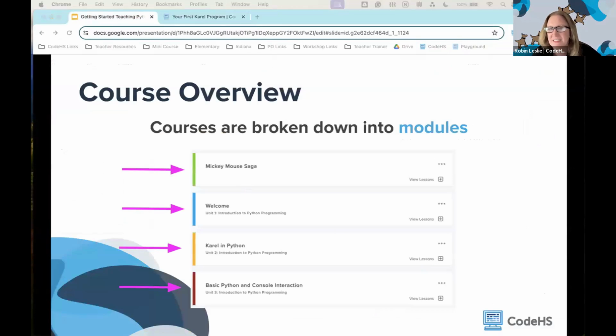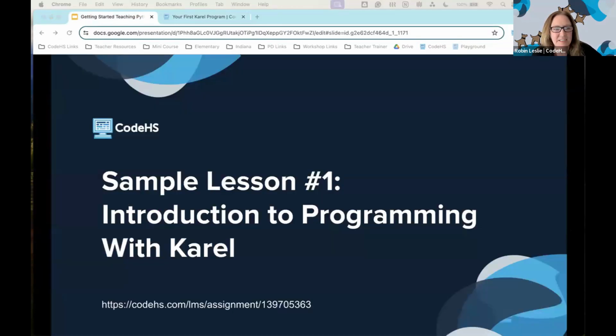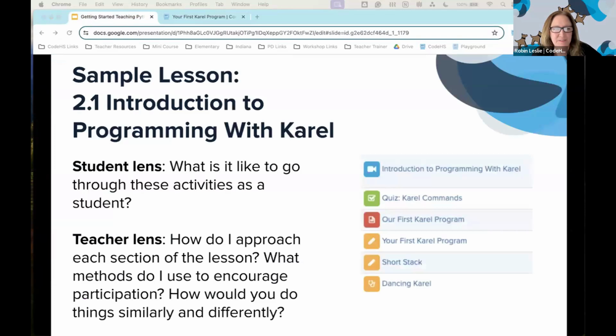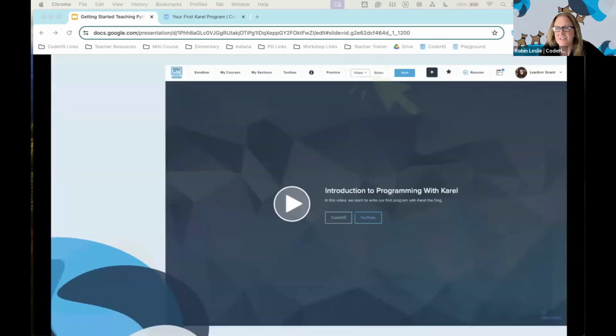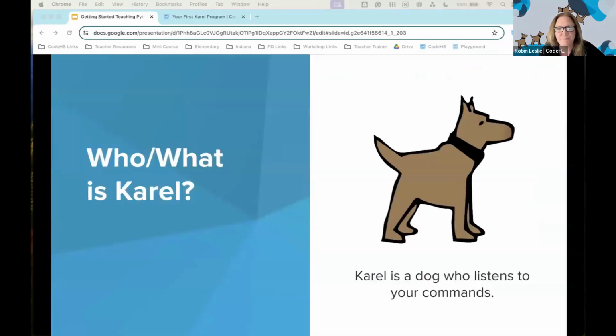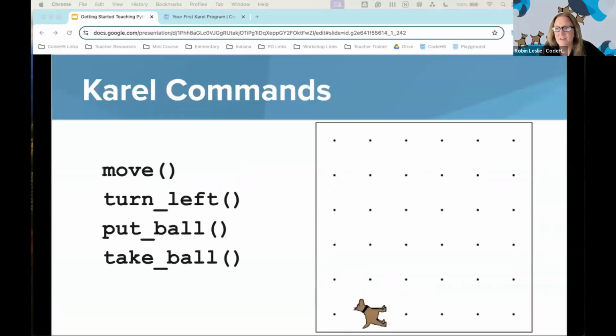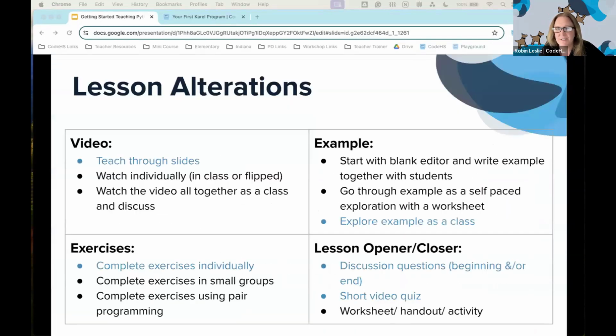Let me see if I have forgotten anything. We did do our sample. And there were a couple more. So there was one more exercise, and it's up to you as a teacher. Again, if you want to maybe do one of them together with your students, if you want to have your students do them independently, if you want them to pair program to get any of these done, those are all different choices that you would make as a teacher on how you want to go through your classroom. And then we did go through all of our slides to learn how to use that.